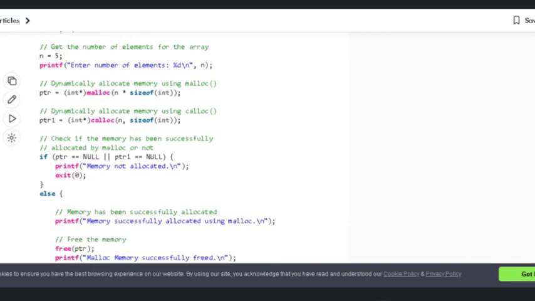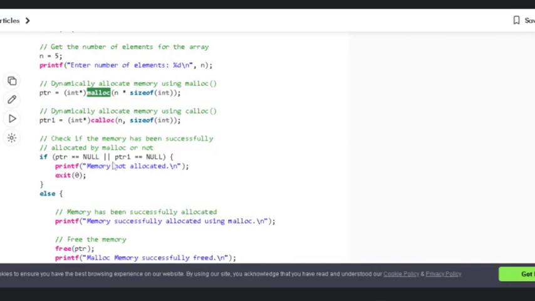Using the if statement, it is checked whether the memory has been successfully allocated using the malloc and calloc functions. So what condition are we using? ptr equal to null, that is the first pointer variable, for which malloc has been used for memory allocation. If ptr is returning null or ptr1 is returning null, then memory is not allocated.